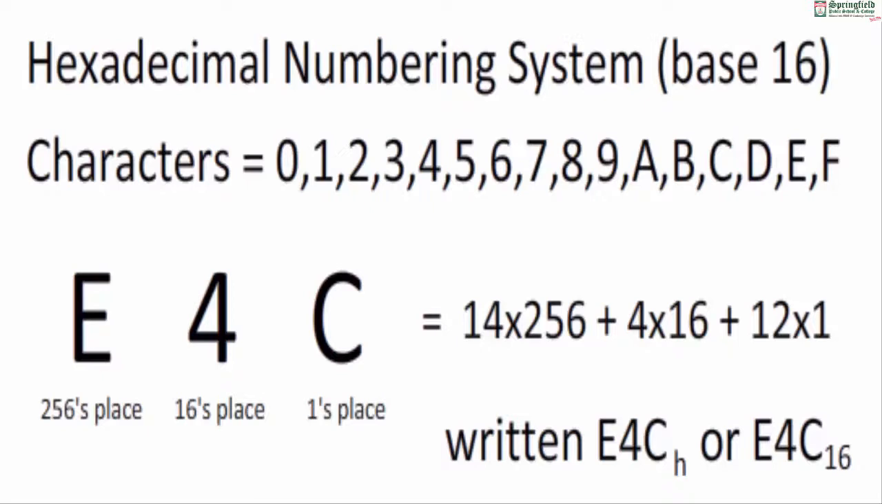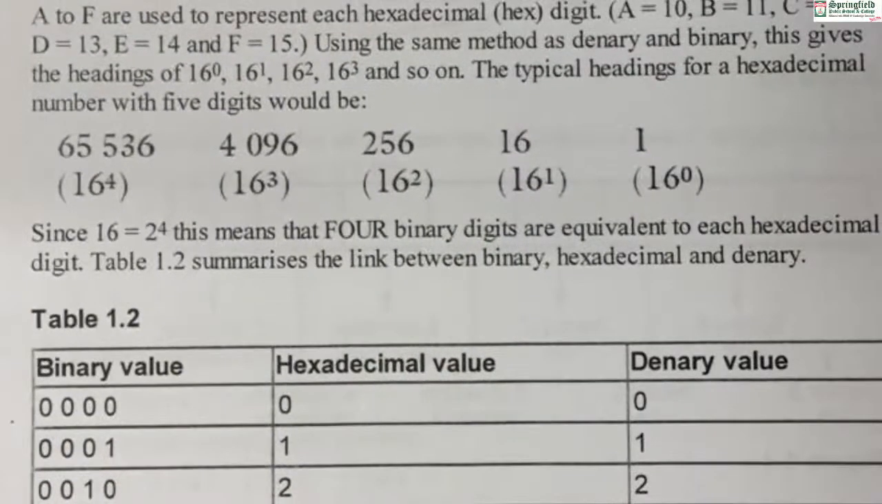Using the same method as denary and binary, this gives the headings of 16 raised to power 0, 16 raised to power 1 and so on. The typical headings for a hexadecimal number with 5 digits would be 1, 16, 256, 4096, 65,536. Since 16 is equal to 2 raised to power 4, this means that 4 binary digits are equivalent to each hexadecimal digit. So we are using 4 binary digits for one hexadecimal value,